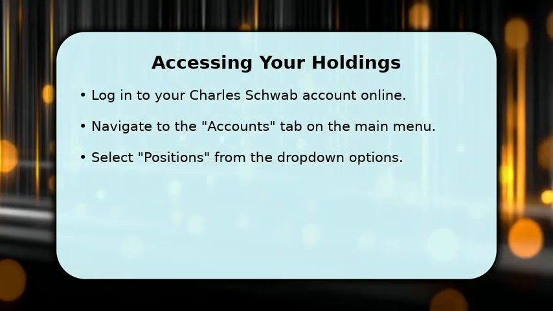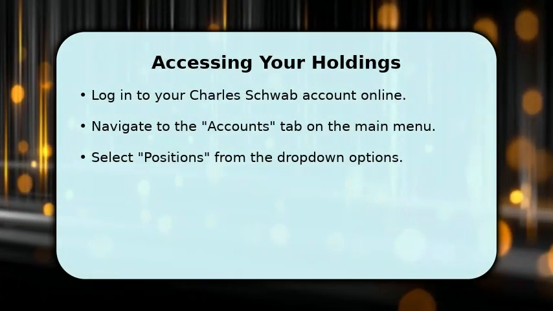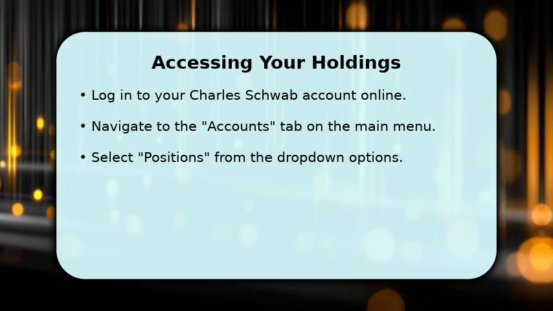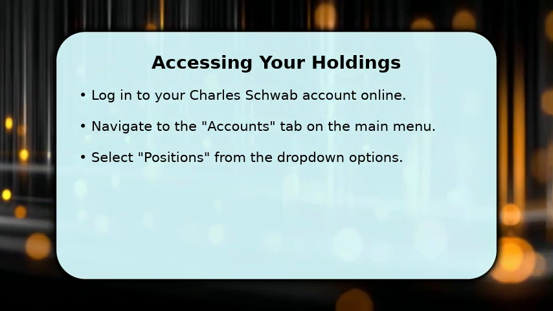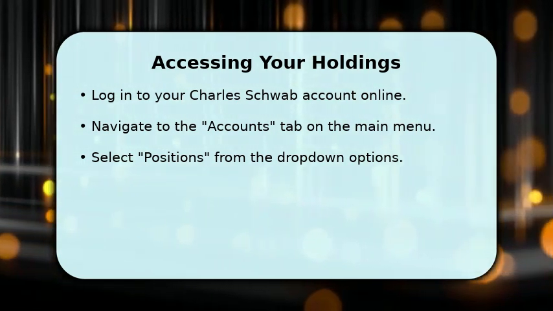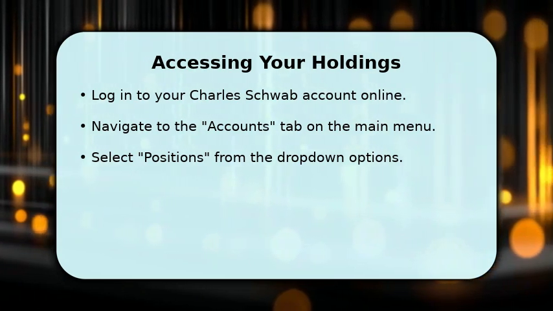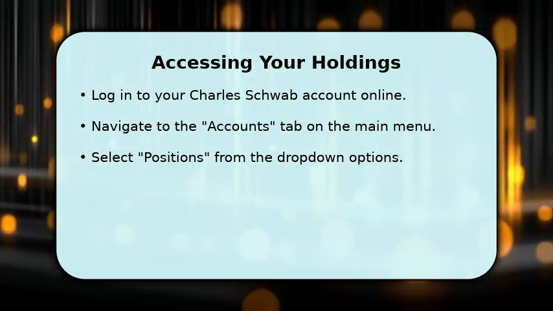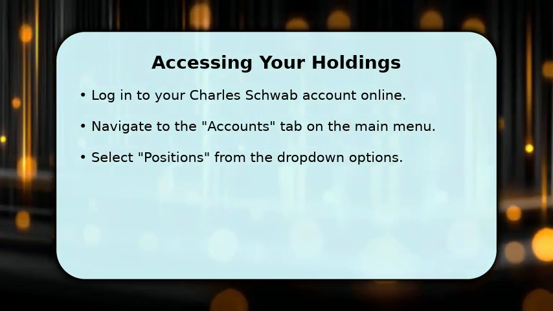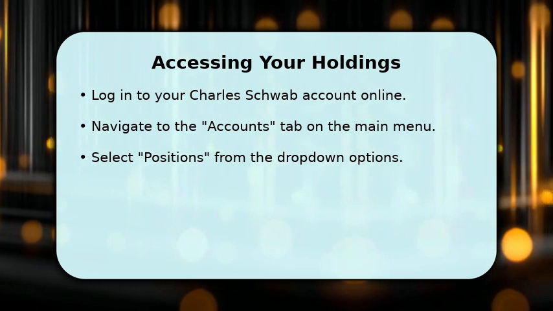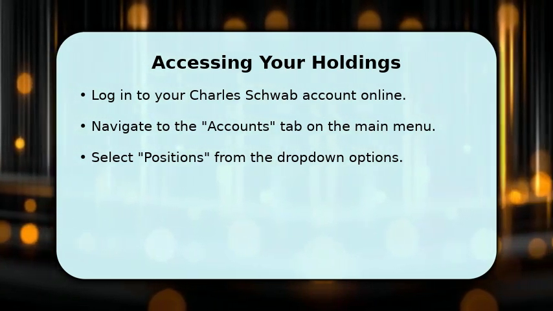To begin, you will need to log into your Charles Schwab account through their website. Once logged in, locate the Accounts tab, typically found at the top of the page. From the drop-down menu that appears, select Positions. This action will take you to a page listing all your current investment holdings, where you can manage various settings